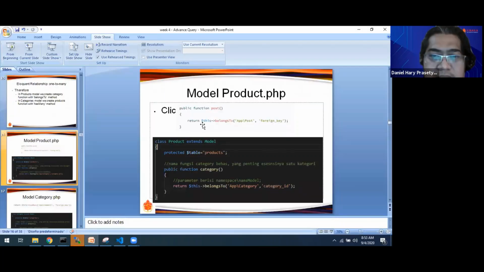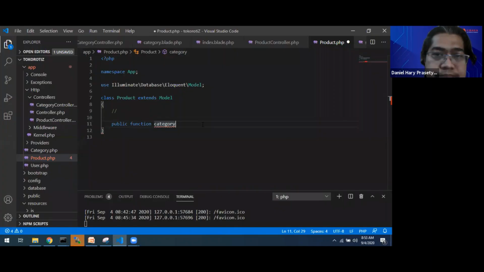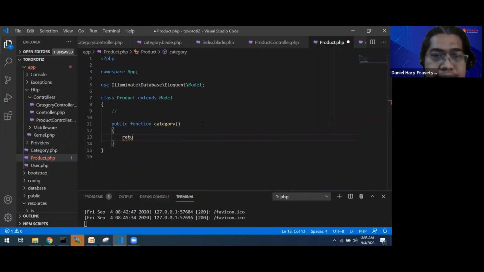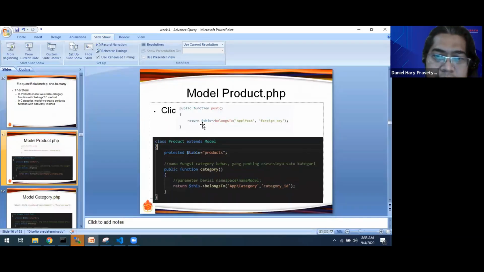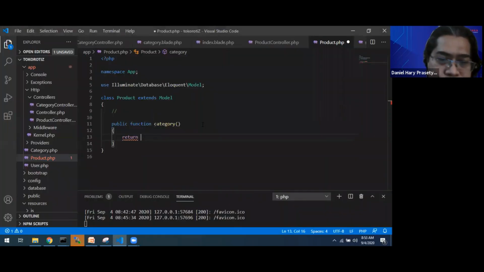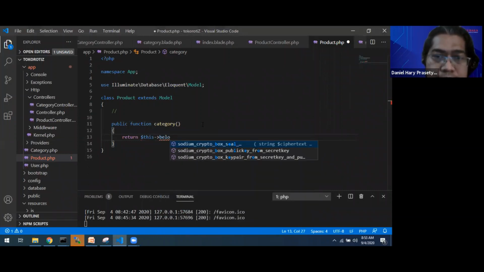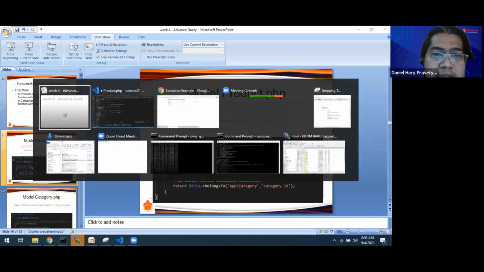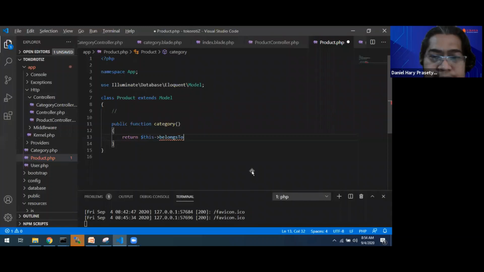Public function category, return this belongs to. Belongs with S, and capital T, belongsTo.